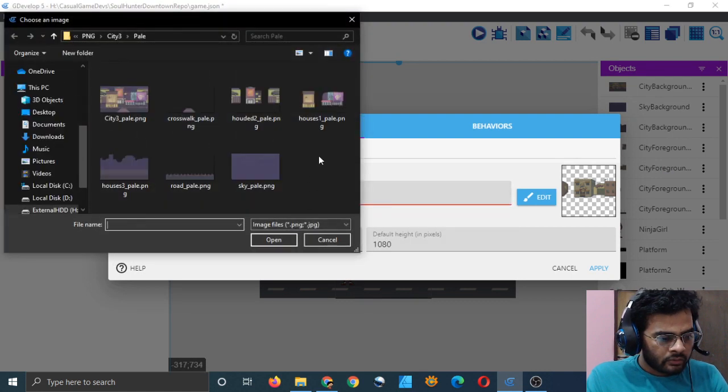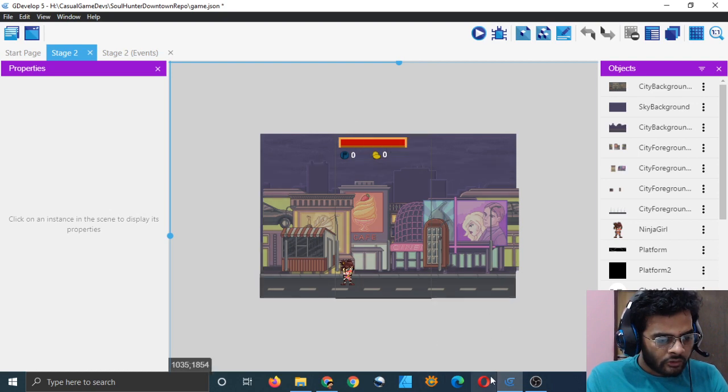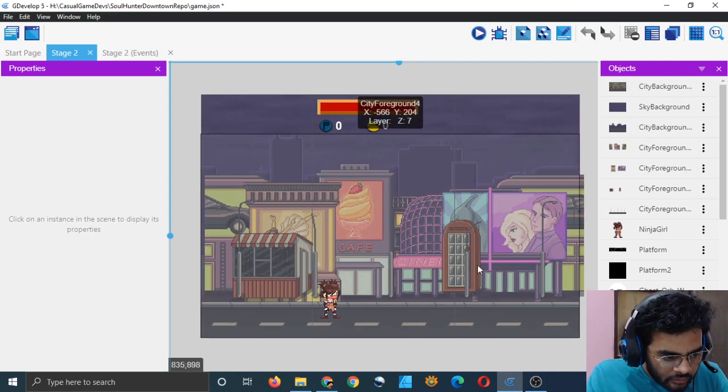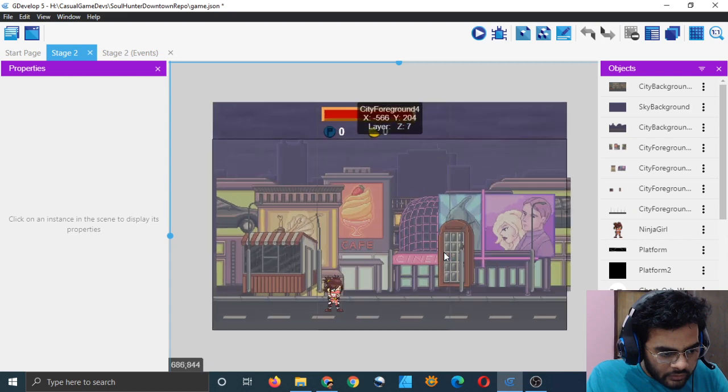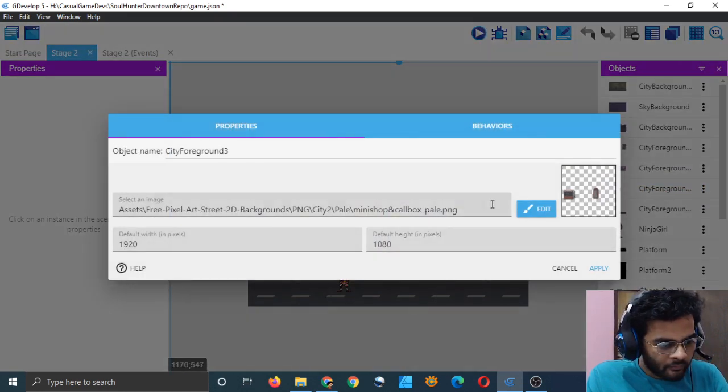And for this one, I should choose this guy. Open, apply. So as you can see, as I am changing the files from here, the background here is being changed as well. So that's good. Now we don't have to move them around. Sometimes you may have to move something, like this looks out of place, but wait, we have to do more.